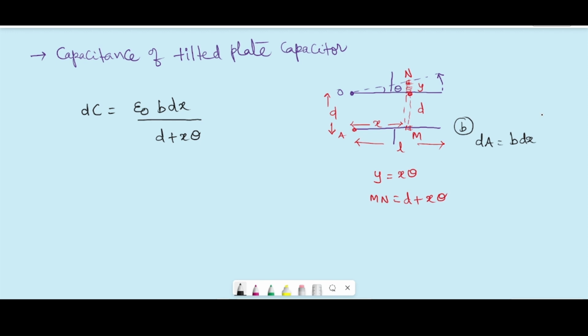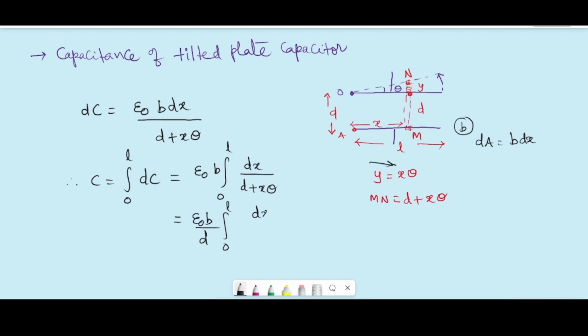See what is happening here when you tilt the first plate: the variation takes place along the length of the capacitor. Of course, along the height, that is the separation between the plates, you can also do it, but the simplest thing is along the length. If you do, you will get the final value. So total capacitance is equal to the integral of dC from 0 to L. Here in the denominator, d we will also take common, then we can write outside of the integral epsilon naught b by d, integral 0 to L dx by,